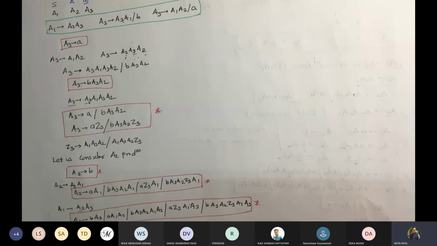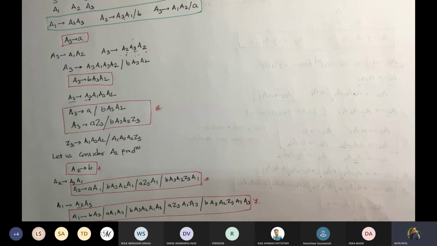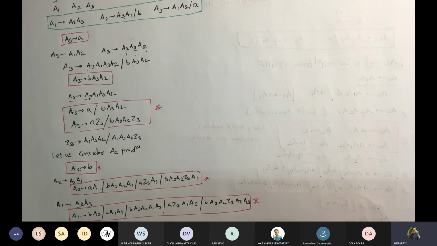सो वी गॉट A1. हमारे पास A1 था, A2 हो गया, A3 हो गया, चारों हो गए, तीनों हो गए. तो then we will talk about now newly introduced variable Z3. Z3 में productions थे A1 A3 A1 A3 A2 Z3. उनमें हर एक में ये जो 5 वैल्यूज आए A1 के, वो 5 वैल्यूज डाल दिए. सो वी गॉट दिस. फाइन. कितने लोगों का सेम आया आंसर, समझ में आ गया? Yes, sir. Any question? If any question is there, you can ask me. I'm adding this on our WhatsApp group.